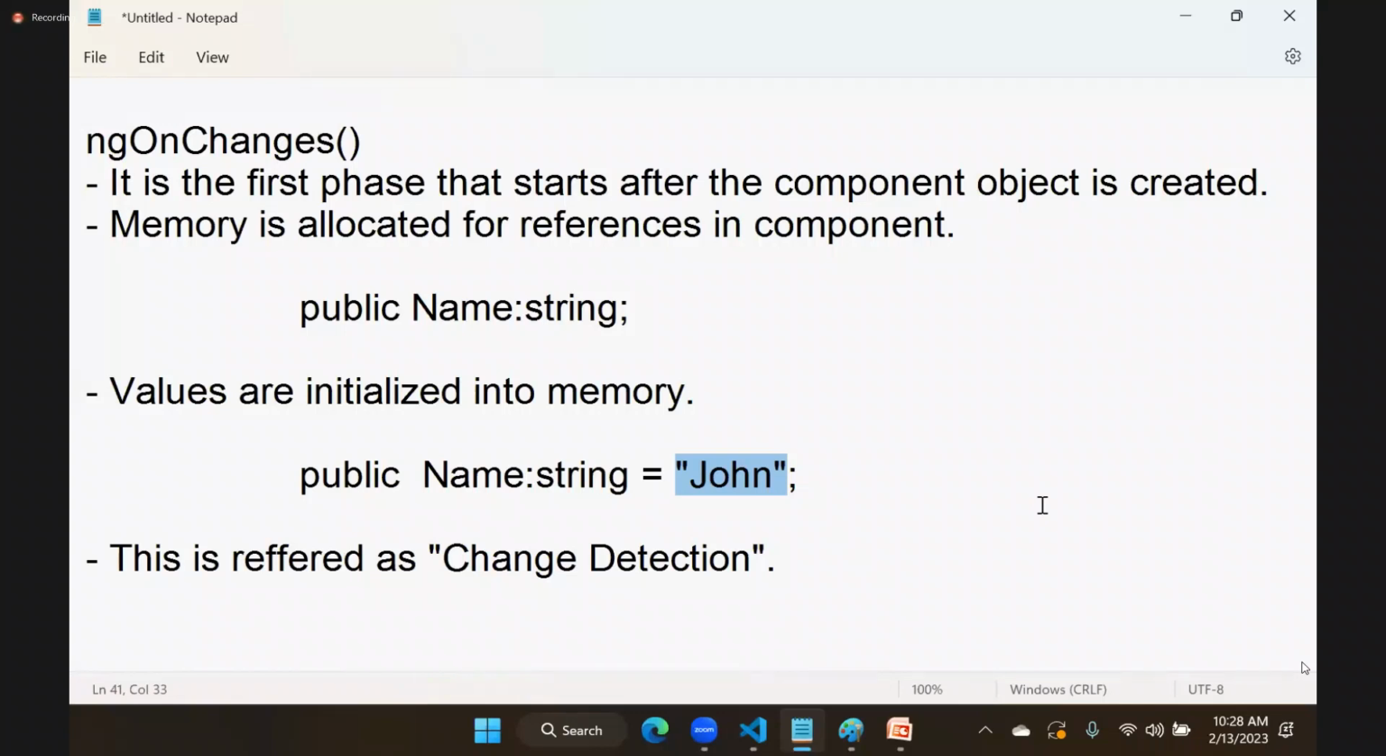Many people are confused. Why is this changed? I am just initializing one value, so why does it come under change detection? Because before the value goes into the memory, what is that memory having? Undefined. Undefined is changed to John. That means before the change, it is undefined. After the change, this is John. That is the reason initialization of a value into memory